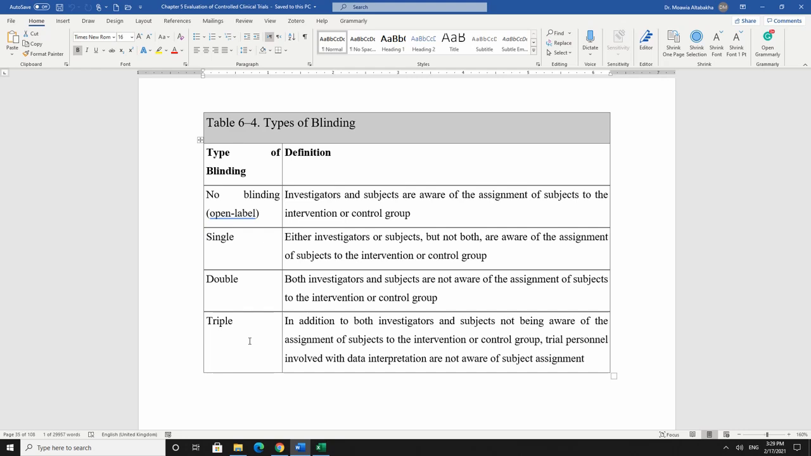Single blinding is when one of the parties, whether the investigators or the subjects, but not both, are aware of the assignment, whether it's in the intervention group or control group. And this can happen, for example, as a precaution. For example, if I have